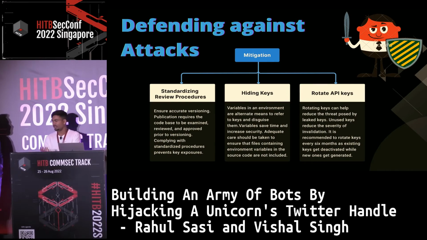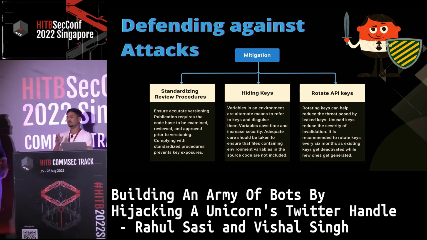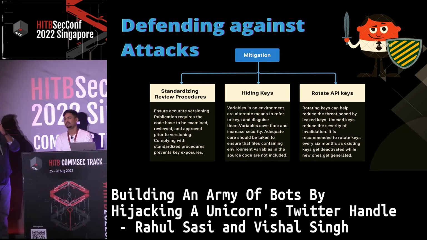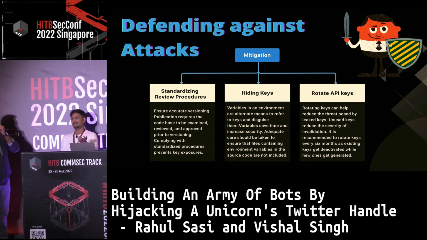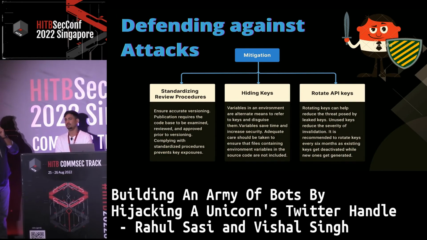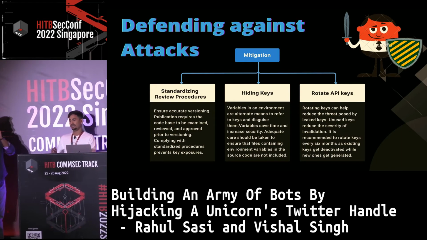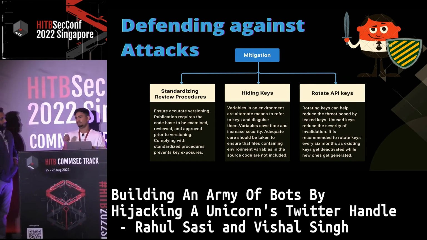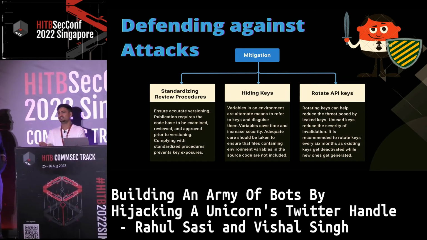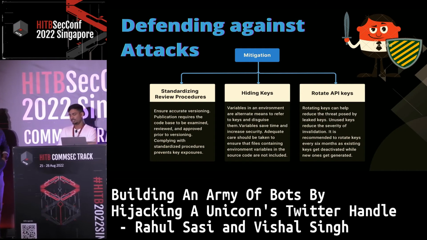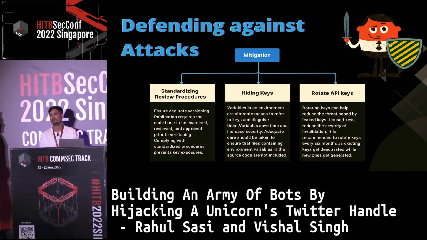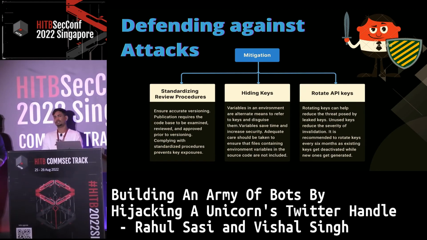As Rahul mentioned, we sent multiple reports to different companies, and they removed the keys and released new versions of the apps, which got indexed on the website itself. But the attacker who has compromised those keys can still use them in the absence of the developer. It's like you have changed the key from one position to a different position, but you didn't change your lock. So one has to remove and revoke the keys at the same time. Removing the key alone will not solve the problem.